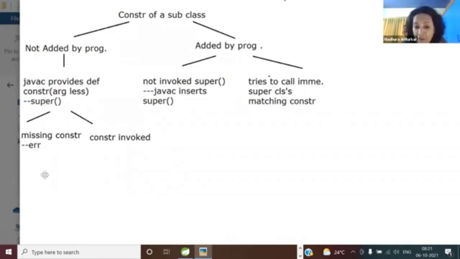So now here, if the superclass does not have this default constructor, it is a missing constructor, not a matching constructor, and you get a compiler error. But if you have the default constructor in the superclass as well as the subclass, that particular constructor is invoked. But what is the disadvantage of this? If you follow this branch,